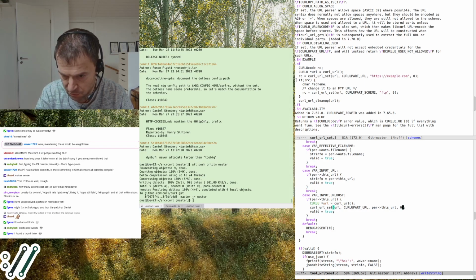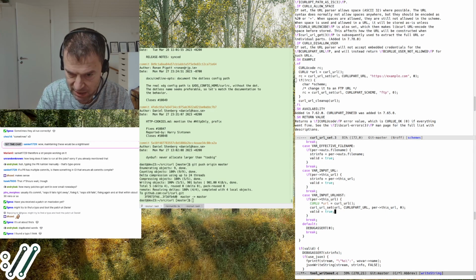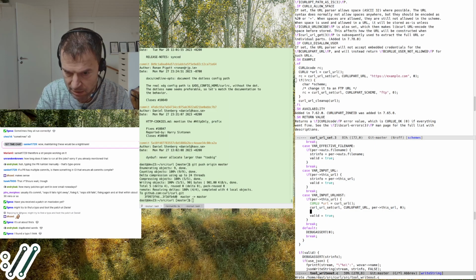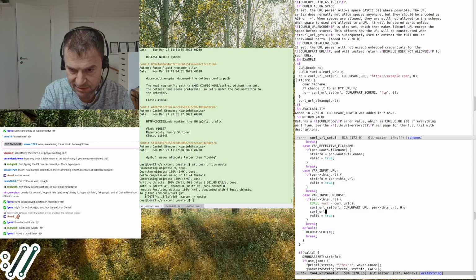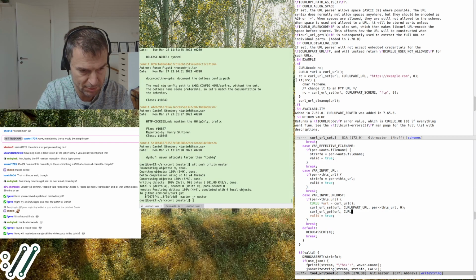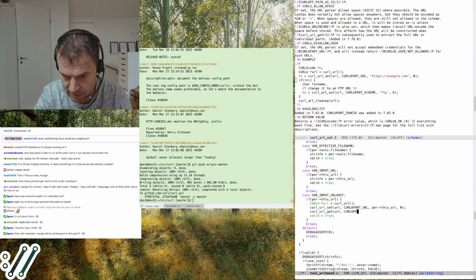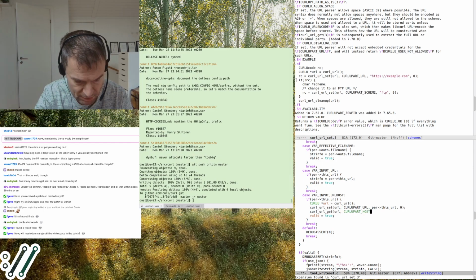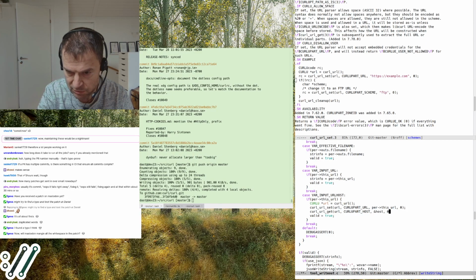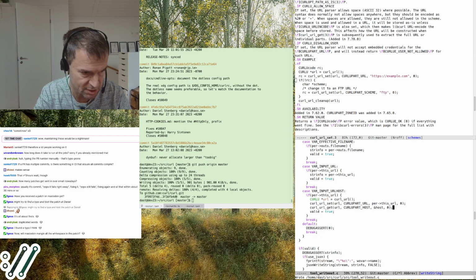That's the fourth argument here, that's a flag. So if I do like this, I can extract like this from the handle. I can extract the part that is CURLUPART_HOST, no options. It works like this.